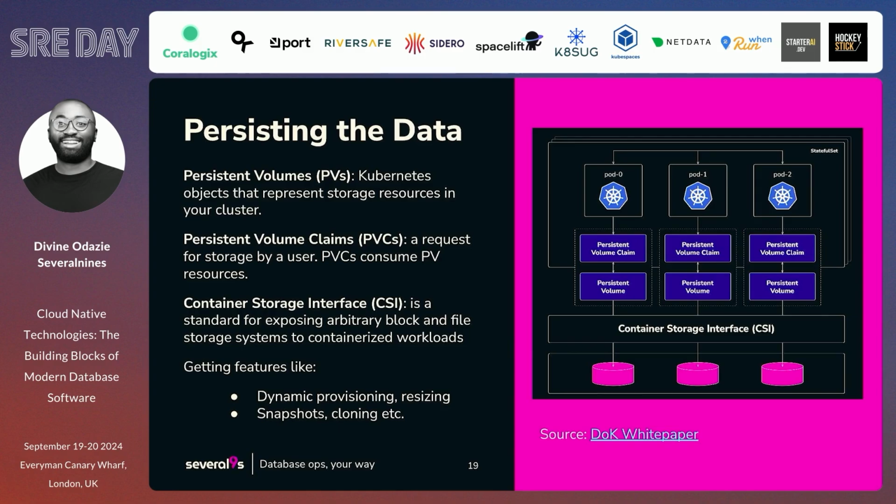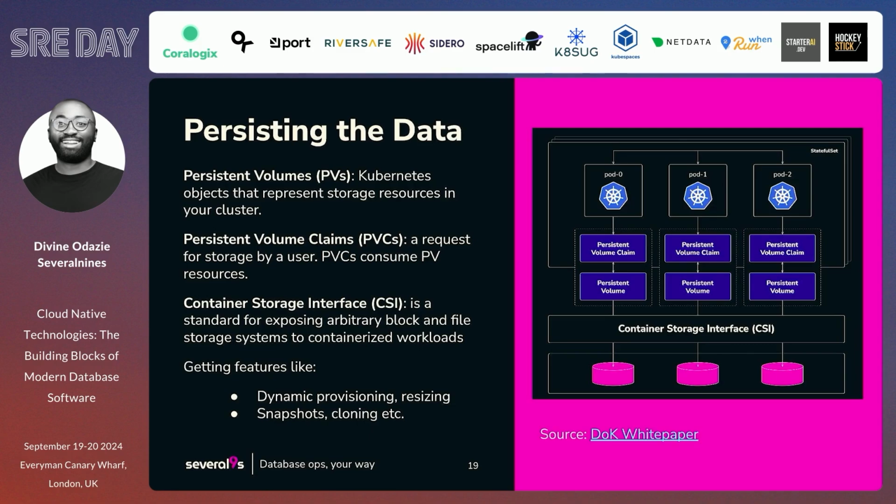Then moving on to the Container Storage Interface. This is a standard API for how you access that vendor data, that database, wherever it may be. There are different types of CSI drivers for different major cloud providers, VMware, AWS, EBS volumes and so on, right? And all these come together to give you the features of dynamic provisioning and help you to be able to take snapshots and clone your data, all through the portable persistent volume APIs.